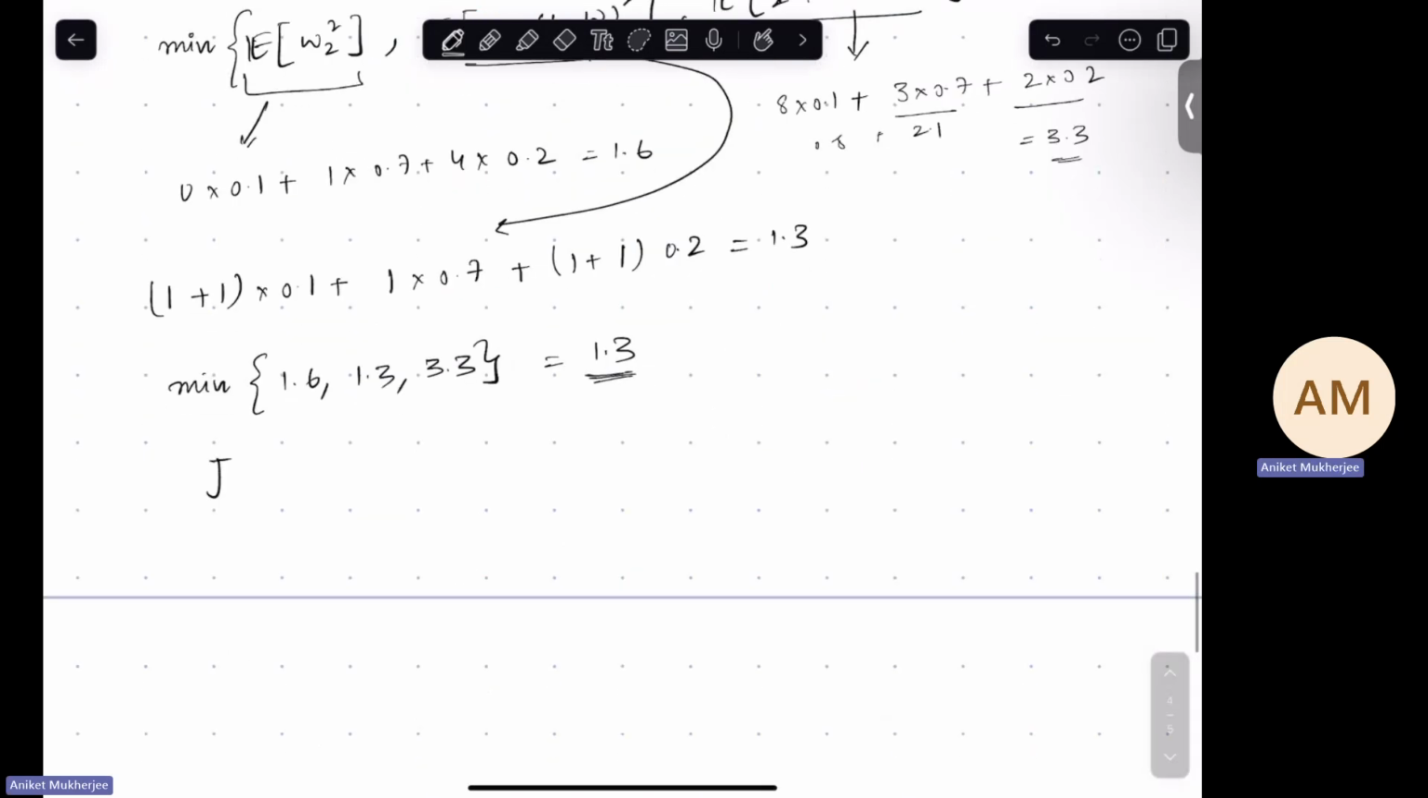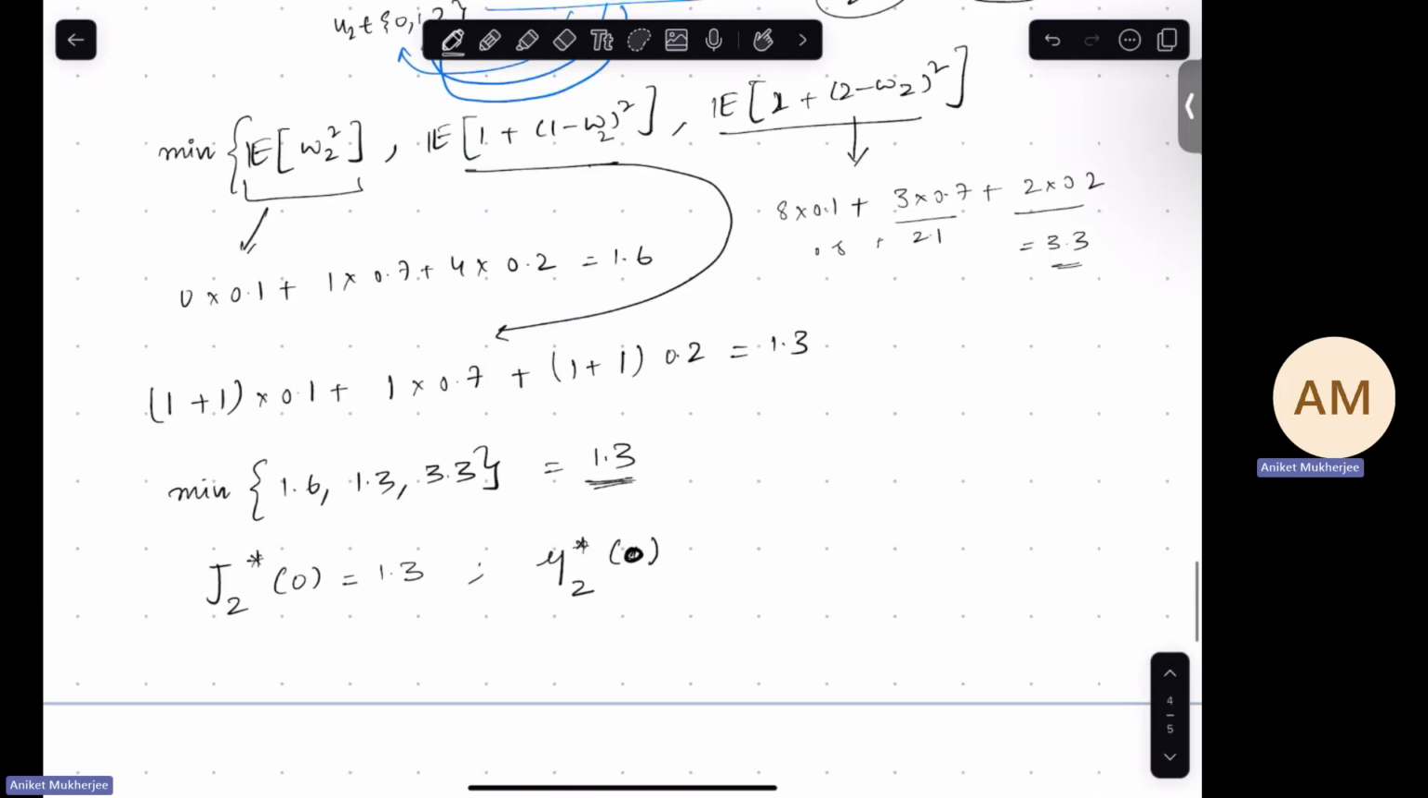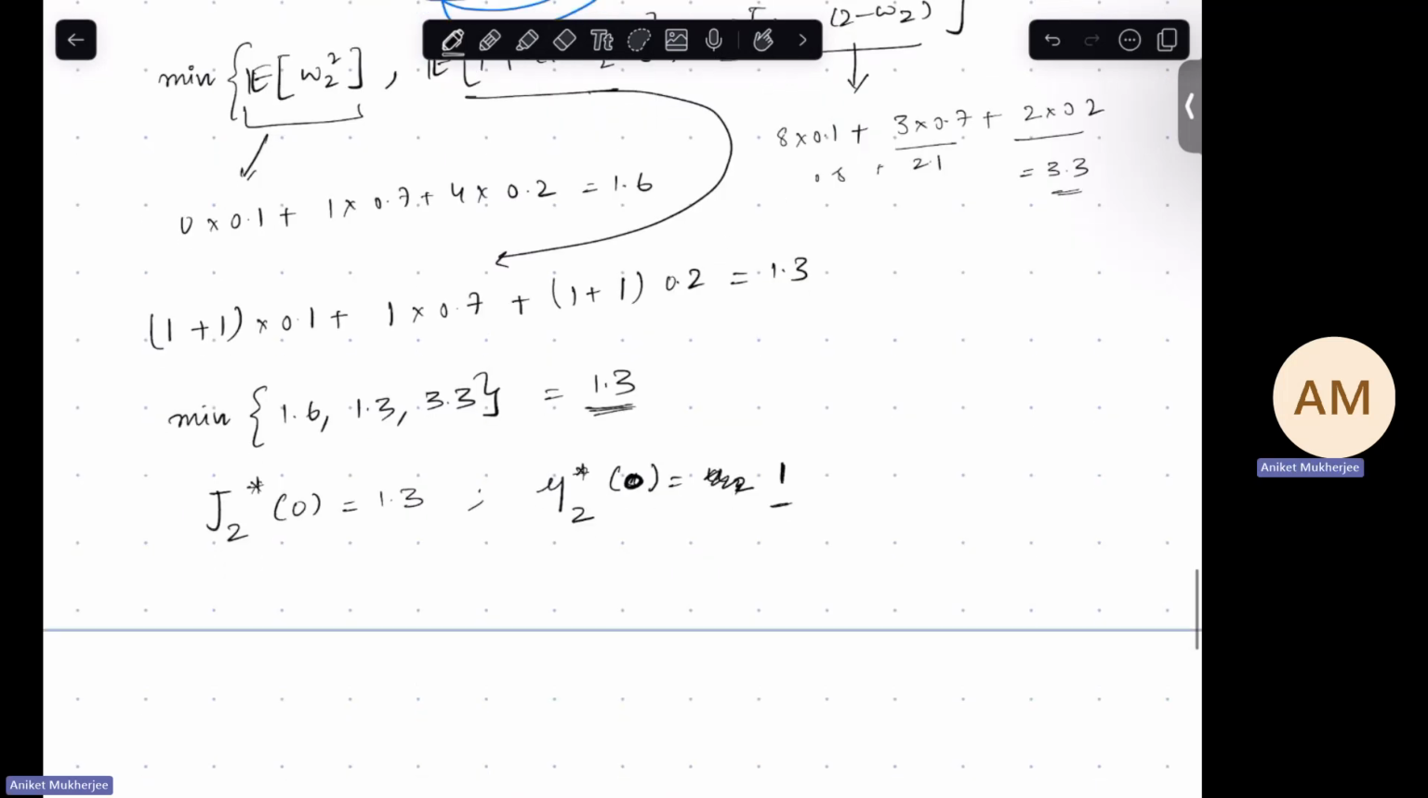So what you get is J2 star of 0 is 1.3, and that means that your optimal strategy, if you end up at 0 when you are in the second step, is to take u2 equal to 1. This is u2 optimal. This is u2 star. Okay,